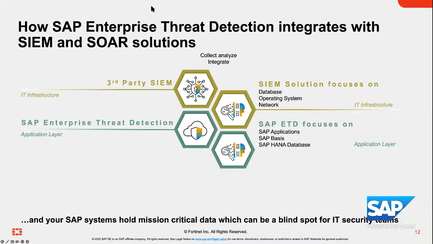What we do in addition is always combine enterprise threat detection with the standard SIEM solution. Could be, for example, FortiSIEM here, but we collaborate with other vendors as well, like Splunk, Curator, ArcSight. So we can take the alerts that we have in enterprise threat detection and forward them to the third-party SIEM solution as soon as we do have a proper real alert detected within enterprise threat detection. So that's where we bridge the gap between the security operations center, which usually does not have a clue about SAP and SAP terms, and the